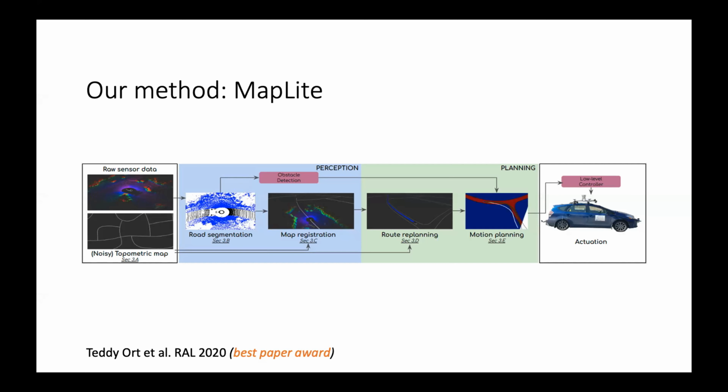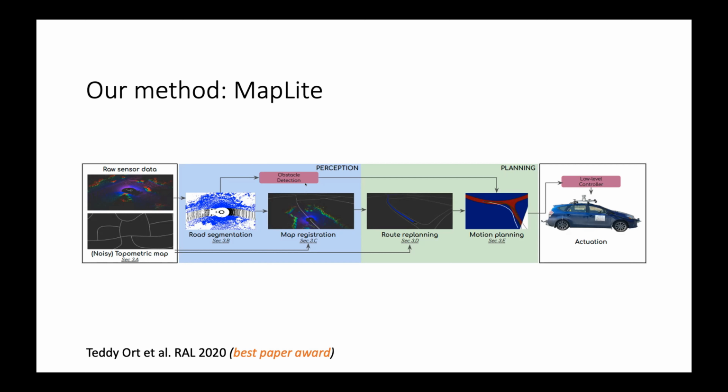The idea of the MapLite system, again, this was work led by Teddy Ort from MIT. And the idea of the system is you have local sensing. We have a car equipped with a GPS, IMU, and a LiDAR. And you want to use local sensing to segment out a road. You want local perception. And then we have what is perhaps the most important module here, the topometric map registration module,